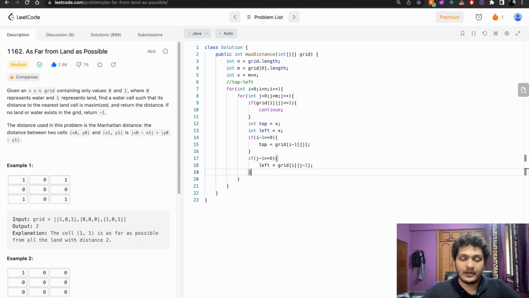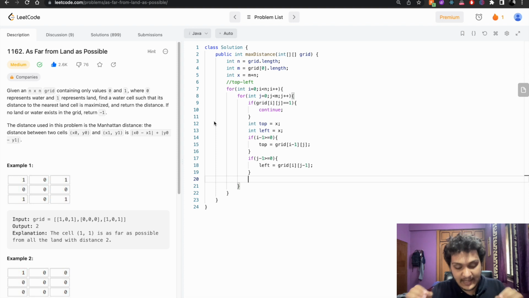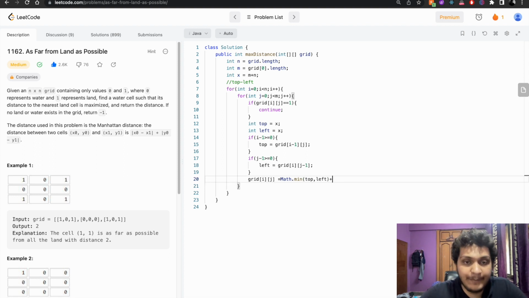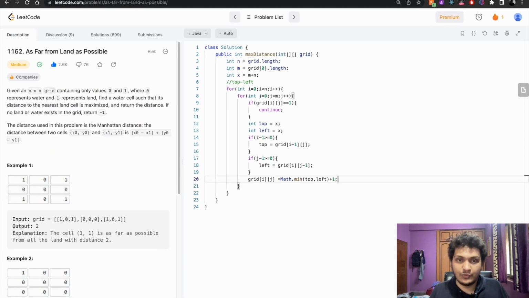After that, we found out which is the minimum value. Same thing we will do, and we will reassign it to grid i and j. So what is the value here? We have to use the min function on top and left. After that, you don't forget this one, right? What we have to do? Plus 1, because to reach here we have to do plus 1. Okay, so we did it for